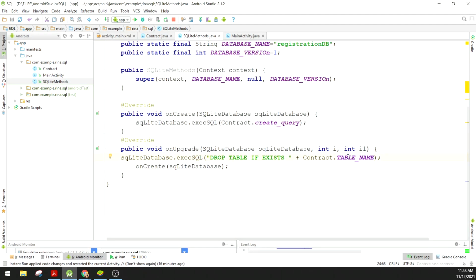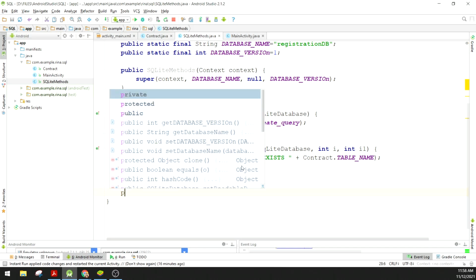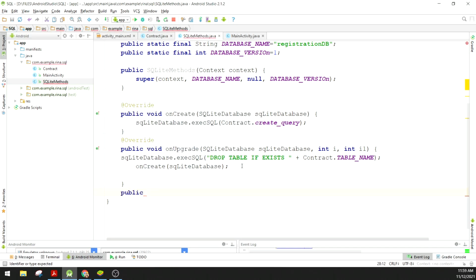Now, we'll have to insert. Okay? So I'll continue with the insert. For the insert, let's put, oops, wrong, it should be outside. We have public long insert record,